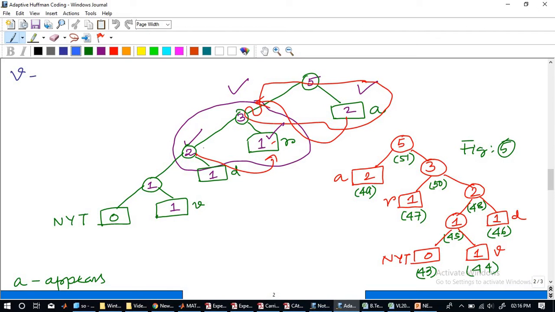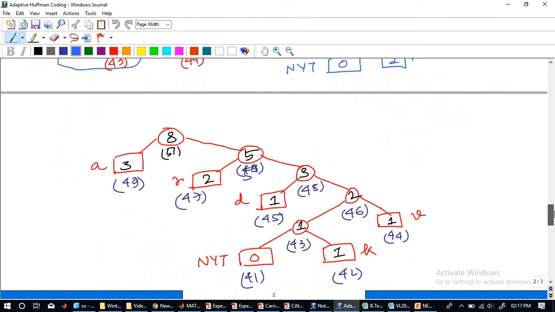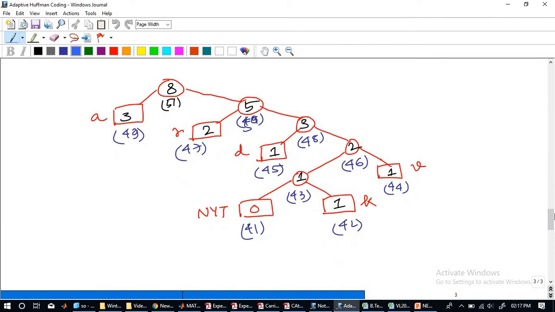Here we have a 2 at this point and 1 at this point, so there is a difference between the left and right hand side nodes, so we have to swap. That's how we did it, and we ended up with the final updated binary tree for the letters AARDV, or whatever is given.